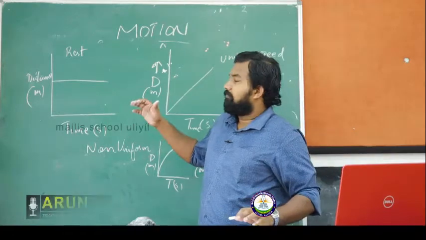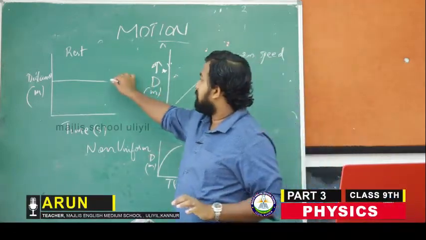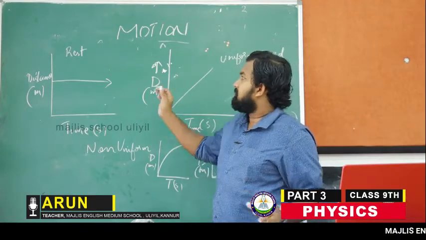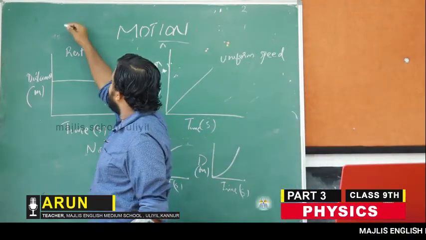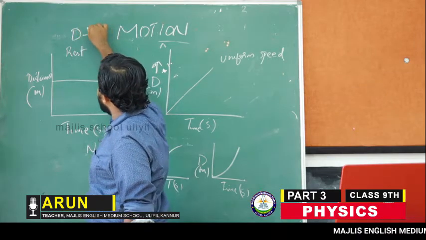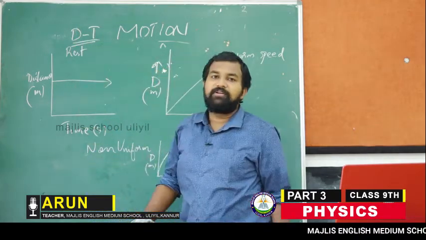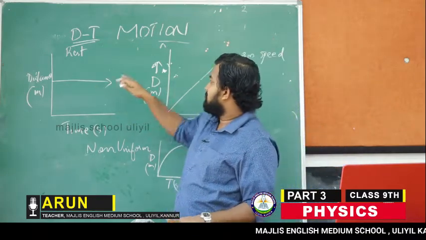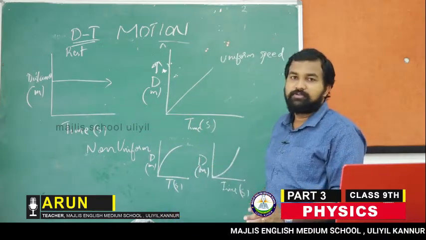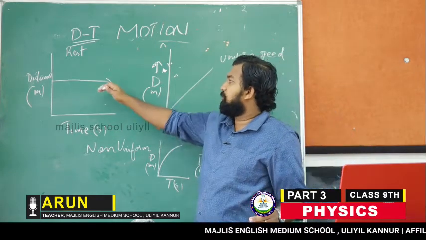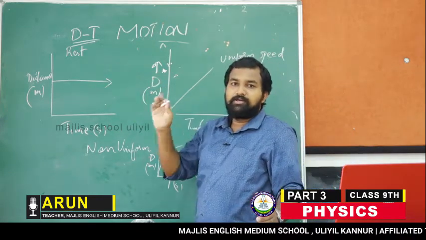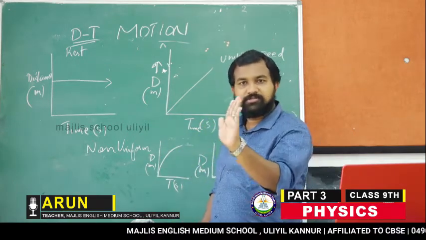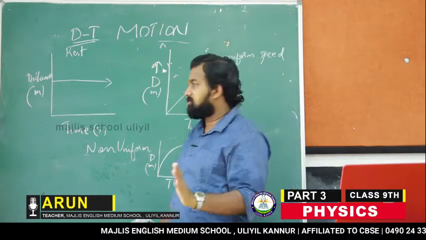So, when we are discussing the graphical representation of motion, first we will be having the distance time graph, or position time graph. We will be discussing three different types of distance time graph. Out of that, the first one is whenever the body is not moving, like a car which is at rest, which has not started, and is staying at the position where it is.